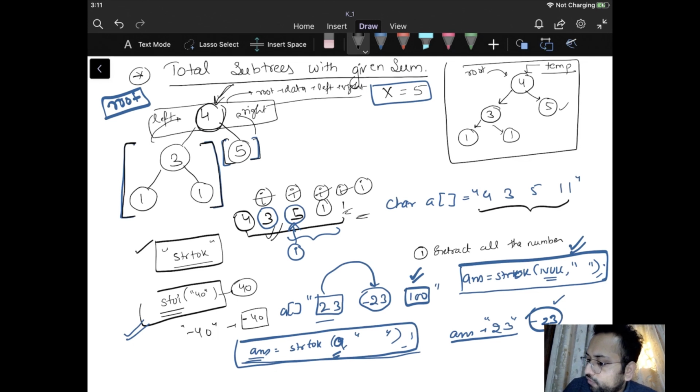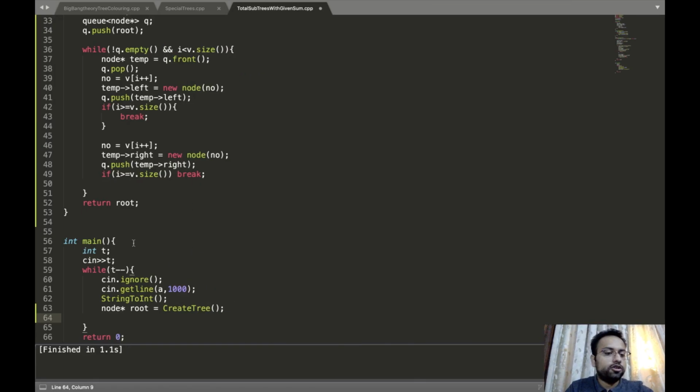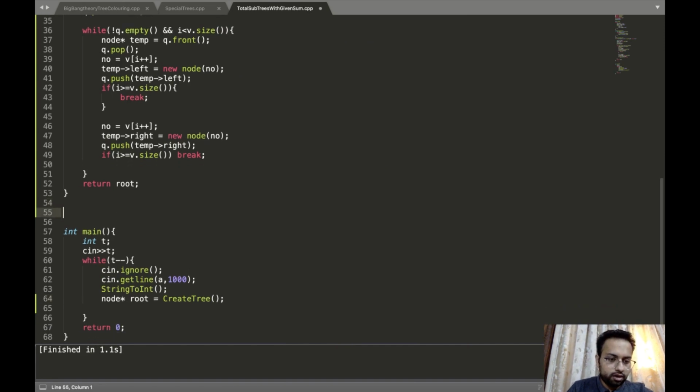I'll check if this root data plus left sum plus right sum is equal to x. That means we have found one subtree that is equal to the given x. We will do it for the root node, and then I'll ask recursion to find all the subtrees in the left part, and then in the right part, having the sum equal to x. That is what we need to do.